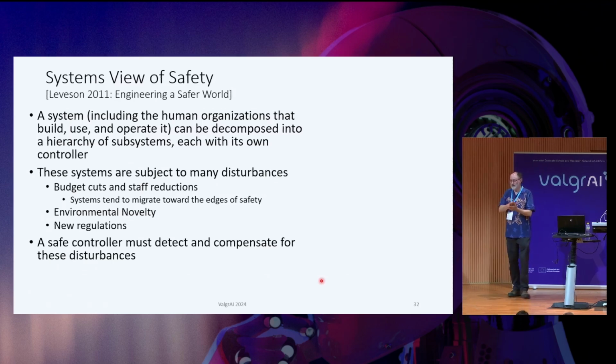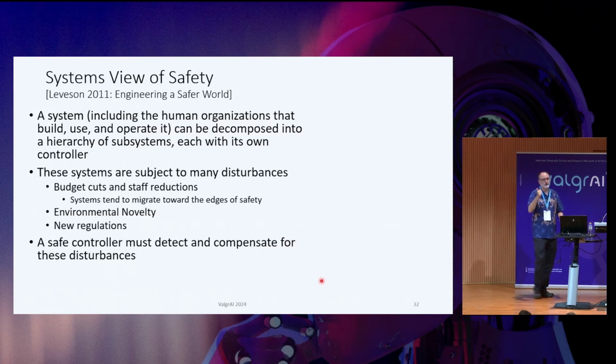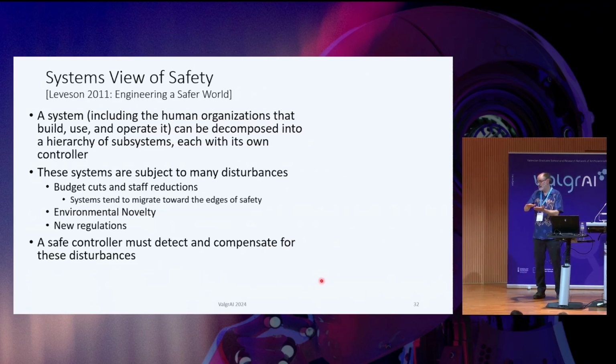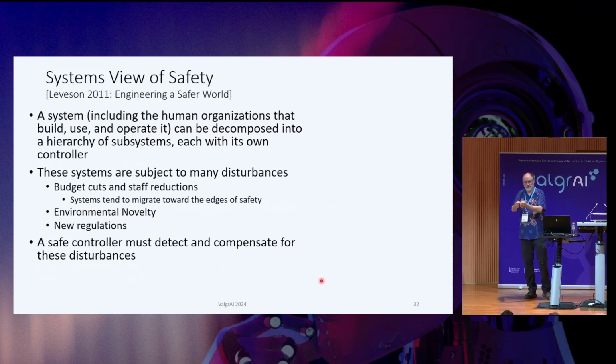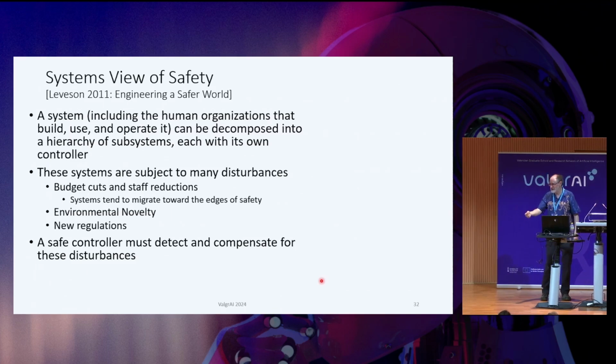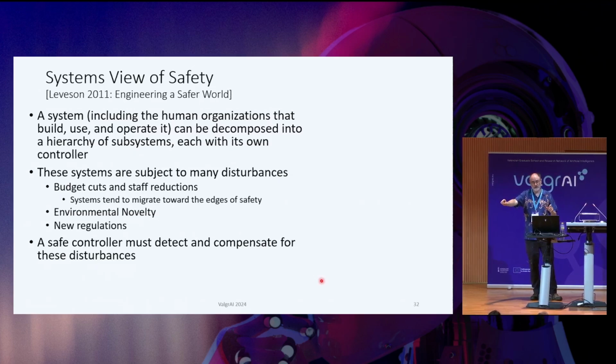The result is that over time, complex systems tend to migrate toward higher and higher risk situations. And in Nancy's book, she documents, for instance, the Bhopal disaster in India, showing that the system had staffing reductions, inspectors had written alarming reports that were ignored, and so over time the system was getting more and more risky. The final person who gets blamed for the disaster was really just the final step in a series of management errors.